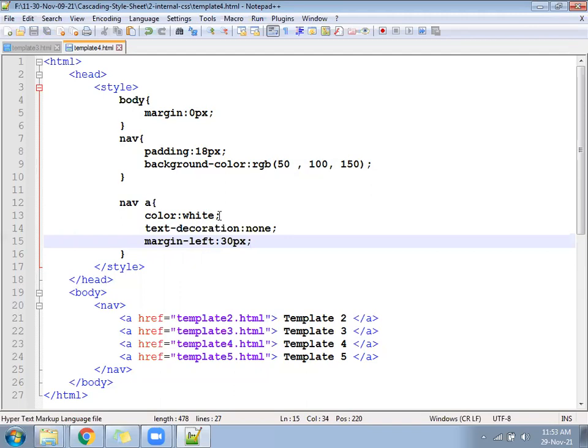Navigation should leave in the left hand side somewhere 30 pixel. Check now, hope navigation is ready.